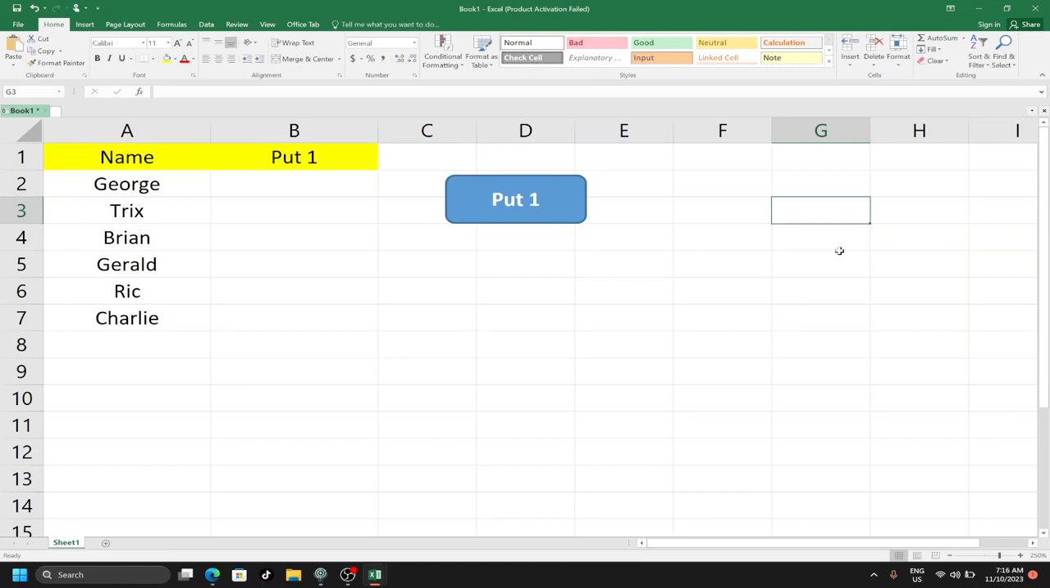Today, as the title said, we're going to learn how to do a simple loop. So we have here an example. On column A, we have the names, and on column B, we're going to put 1 on each of the names until we reach the last row with a name, which is Charlie. And we also have a button here where we're going to put our